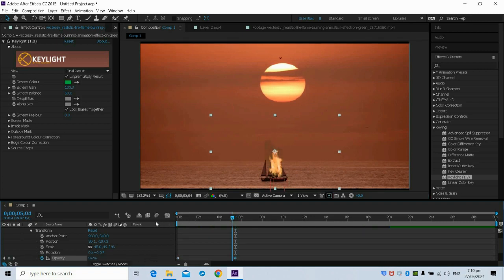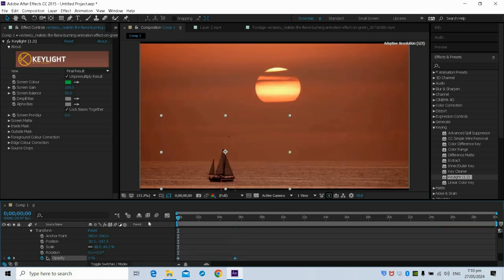Okay, so try to play it again from the start of the timeline. From the start of the timeline, the fire effect has a keyframe which is opacity 0%.